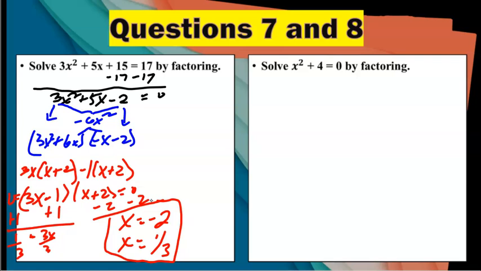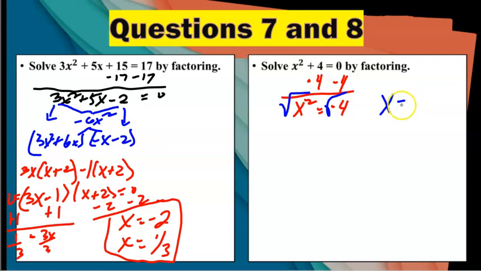Question 8. Solve x squared plus 4 equals 0 by factoring. Now for this one, do you have to factor? No, you don't have to factor it. In fact, I actually probably wouldn't factor this one. I would actually use the square root property. So I would subtract 4 on both sides. And I would have x squared equaling a negative 4. And to undo a square, you'd find the square root,